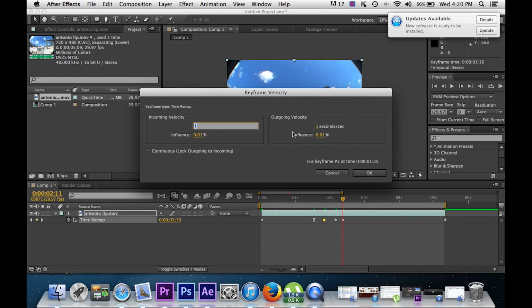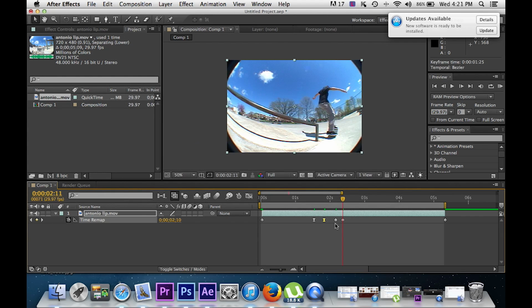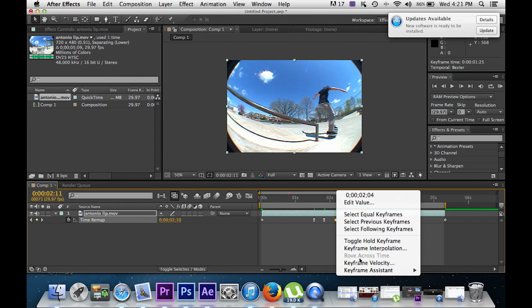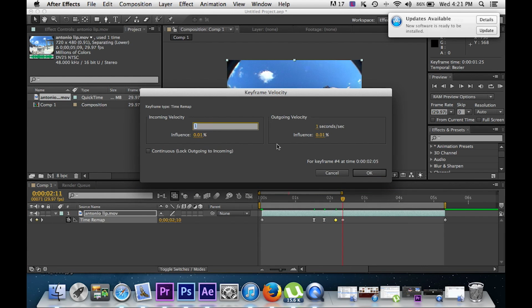Next you want to control click again on the next keyframe. And now we're going to be in half speed slow-mo, so I'm going to change the outgoing velocity speed to 0.5, and then change the incoming velocity influence to 30%, and leave that at 0.01. And click OK. And again, click on the next keyframe. Again, this is still at half speed, so we're going to go 0.5, 0.5 again,